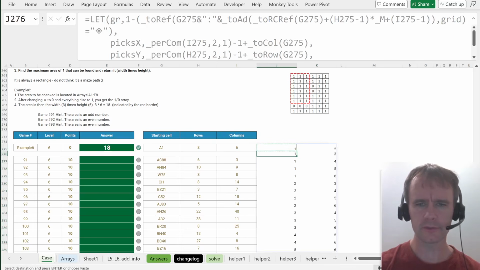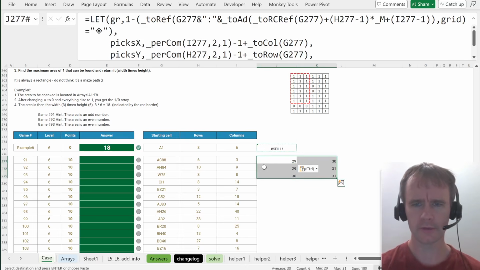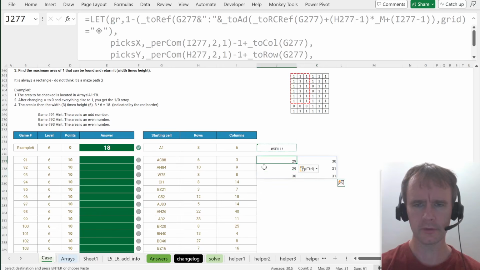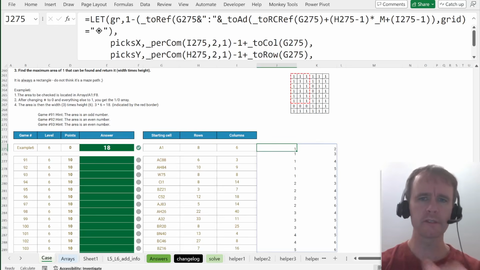And this starts in A1, so that's not the most helpful example. Okay, so here we are. 3 columns, we got 29, 30, 29, 31, 30, 31. Yes, good. Okay. So then,